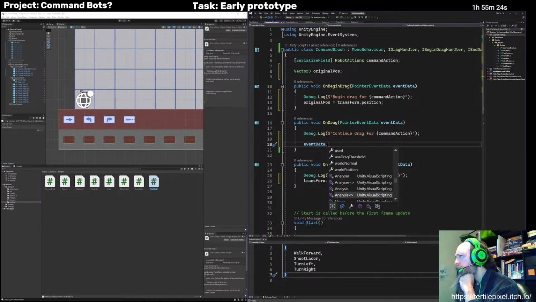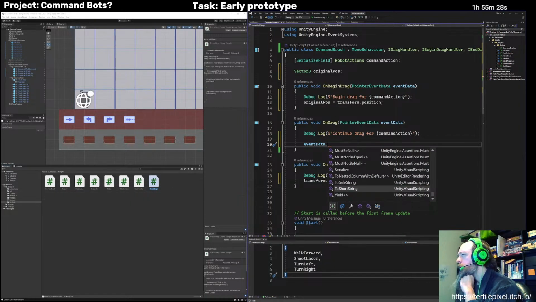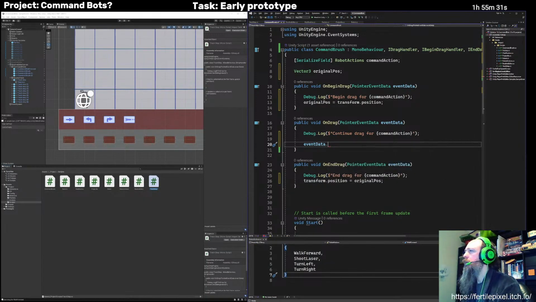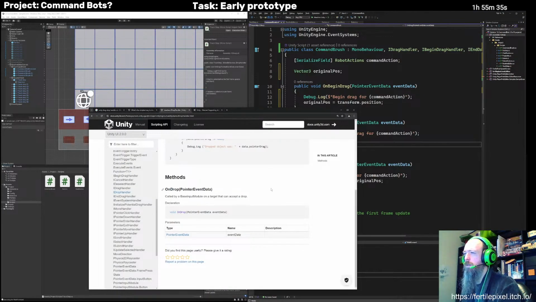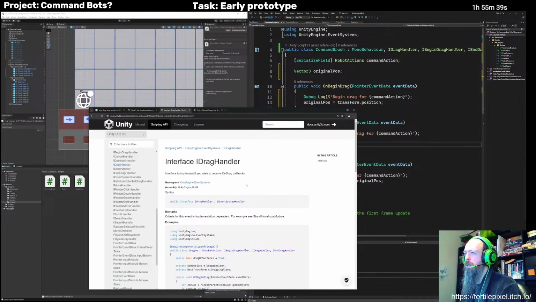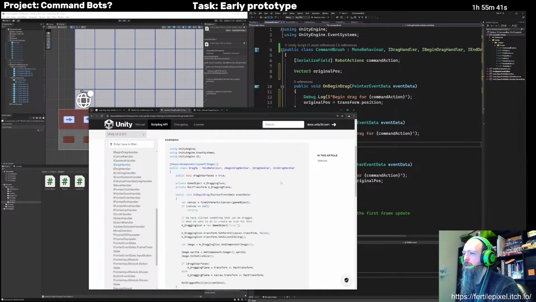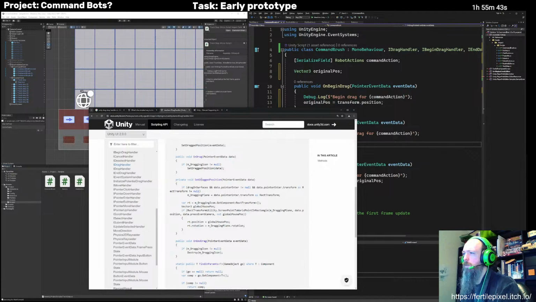There might be something for the distance that has been, like the vector that's been dragged. Let's have a look at this. Alright, drag handler. And when they're setting the drag position here,